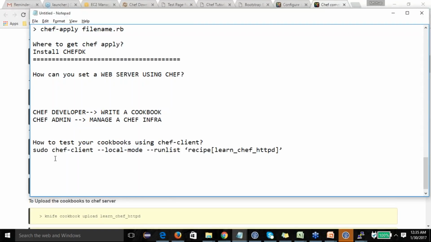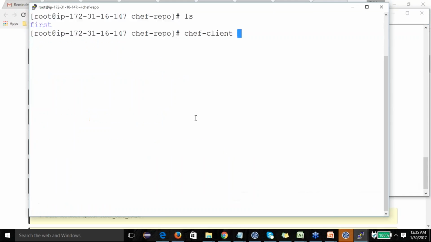This is the command: chef-client --local-mode --run-list, recipe[first], remember, here, and then done. So this command will test whether the cookbook is okay or not, because I'm still acting